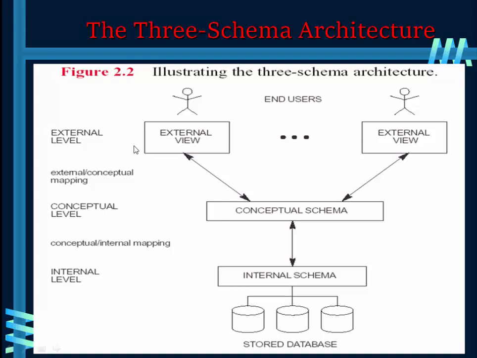That is called data abstraction, and that is performed in the external level or view level. This level also provides different views, because one particular view is presented to one user and a second view is presented to a second user. If there are n number of users, then n number of different views are presented to the particular users in which they are interested.